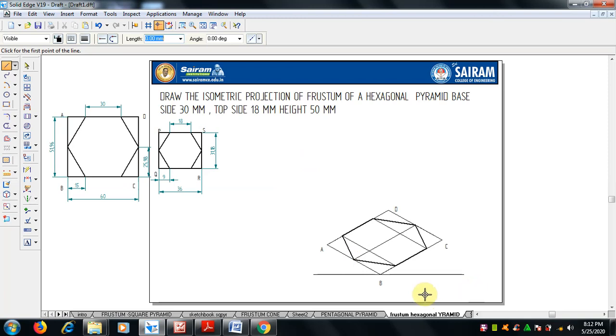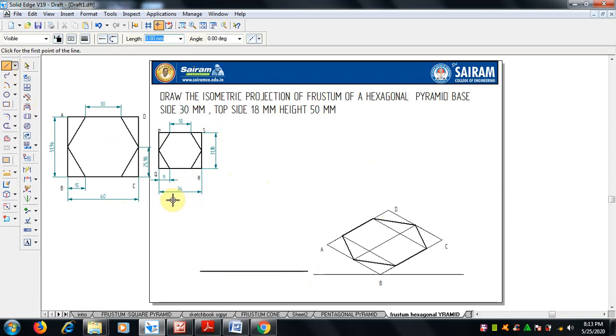Base is done. We cannot scale it like this as we did earlier. So we have to draw the top also. So we can draw the top and we can shift it. That also we can do. We can draw one more line here and we can shift it to this side. So that is the easiest way we can do it. So draw a line. Okay, here I'll draw this line. You can draw a small hexagon here, and we can shift it center to center. It's the easiest one.